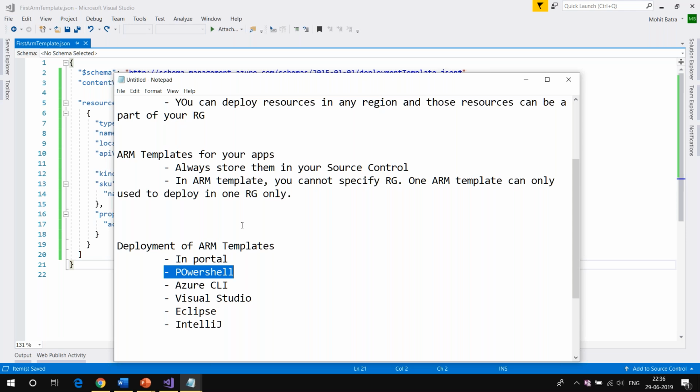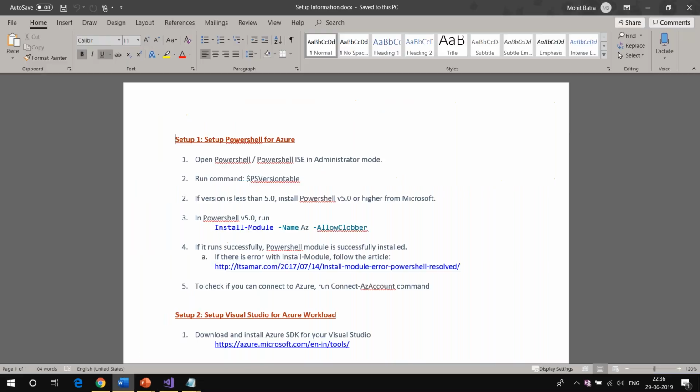It has its own syntax. Or if you are coming from a Linux background, you can go ahead and use the bash commands to do the deployment. All right. Now, if you are very new to PowerShell, I have a document which I'm going to share with everyone. So you can go ahead and set up PowerShell on your machines.